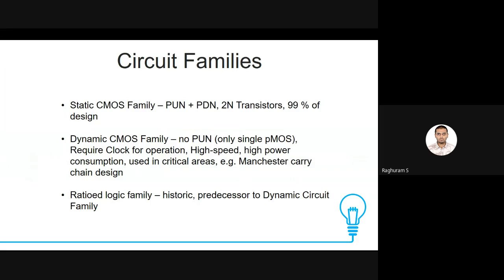So we're looking only at CMOS families. We're not going to look at any other families. We're not going to look at BJT, etc. But with CMOS itself, there are many families. So the first and most important, which we have seen over the last few units, is called as static CMOS circuits. And when it becomes a little difficult to go beyond a certain speed limit, okay, so suppose there is